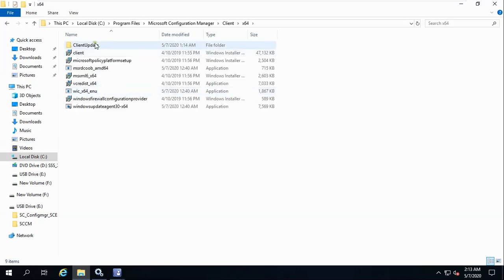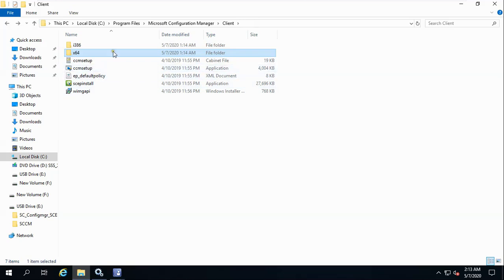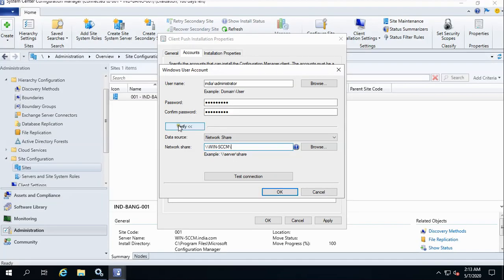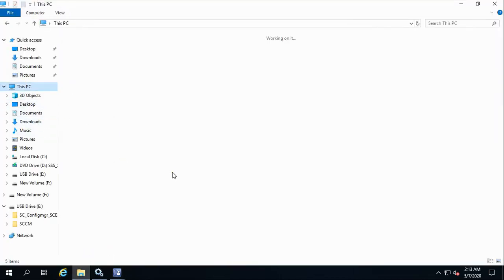Okay, from here it depends on the path, so we have to give this path. Either you can give this, or you can just give your site, because that will be coming from there only. Whichever you want, you will have to share this if you want to give it from here.